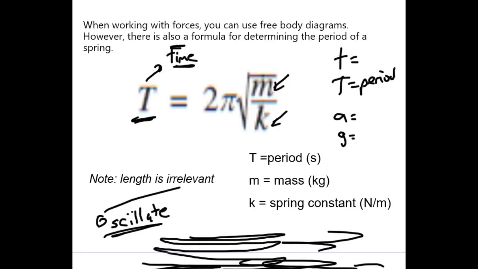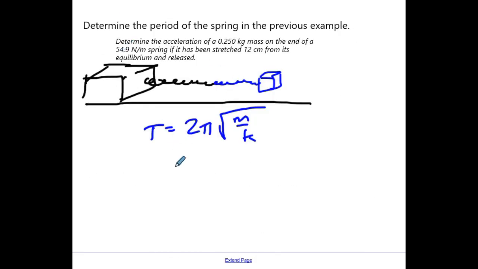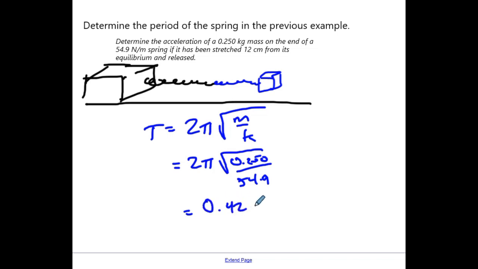Let me just double check. Yeah, m over k. So just plug in the numbers. The mass of the object was 0.250. The k value was 54.9. I mean, there's no problem solving on this particular example. Hopefully you'll understand that there will be on other examples, obviously, but on this particular one, it's more or less just plug things in, and so based on sigdigs, I believe it's going to take 0.42 seconds of time for,